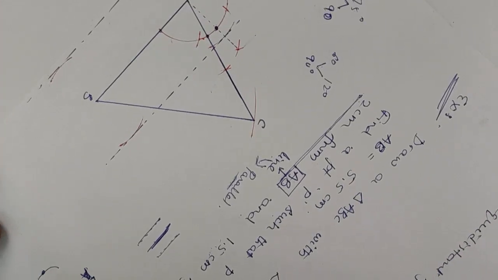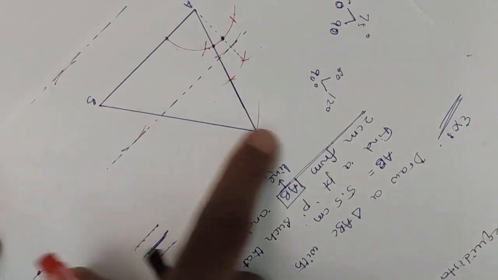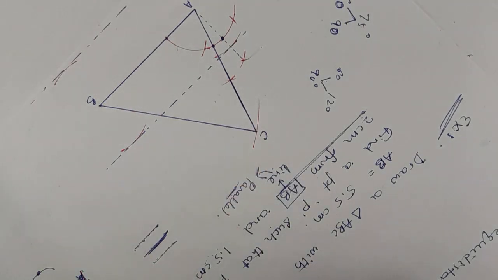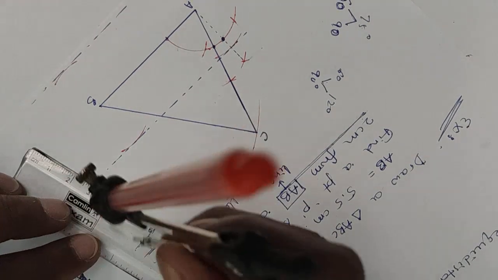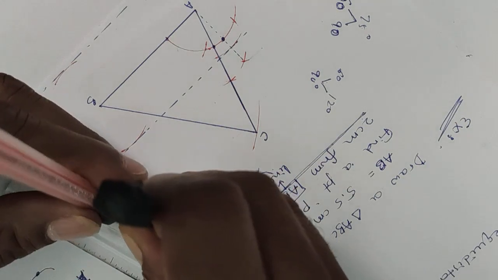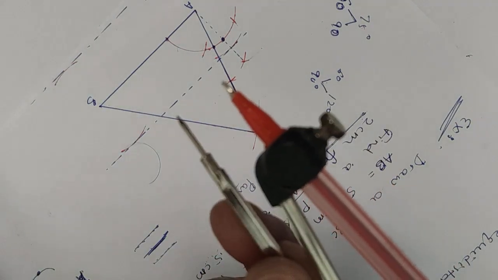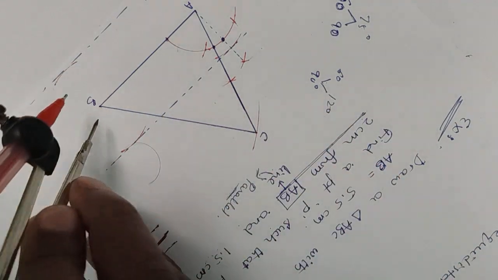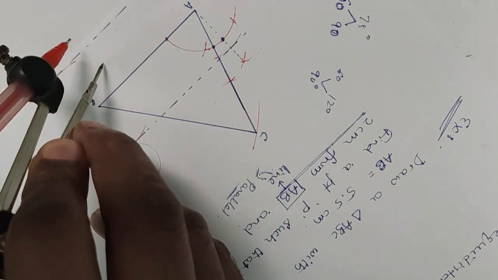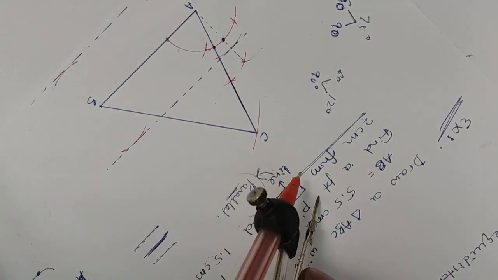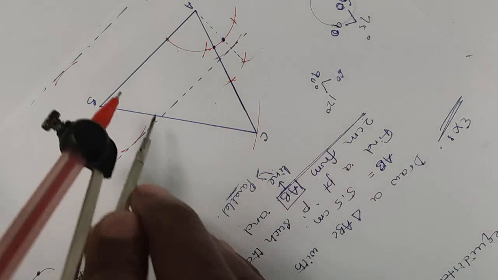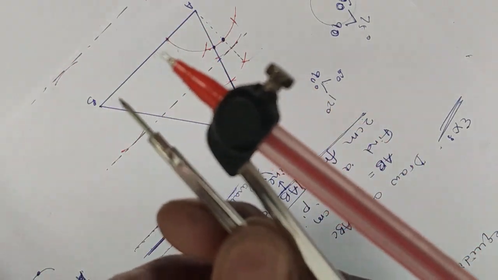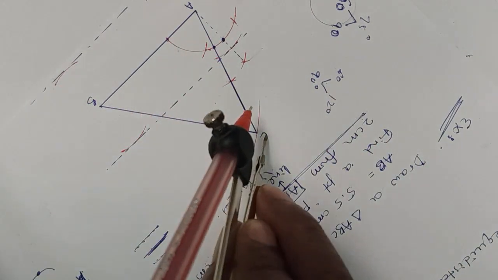So turn that page. The BC line looks like this at the bottom. For the BC line we have to draw a 1.5 centimeter parallel. We take 1.5 centimeter on the ruler, and 1.5 centimeter is taken in the compass. BC is like this, no? Its parallel should be above one, below one. How to draw above one, below one? Take 1.5 centimeter on the compass for BC.